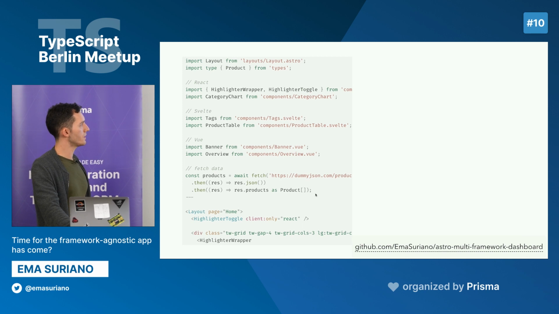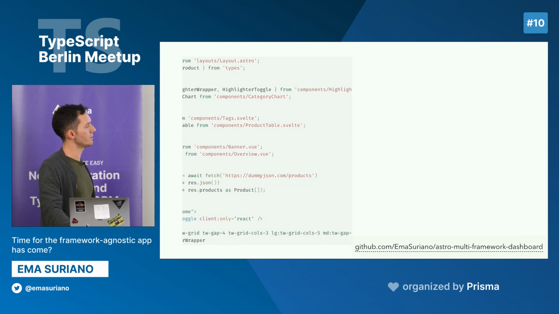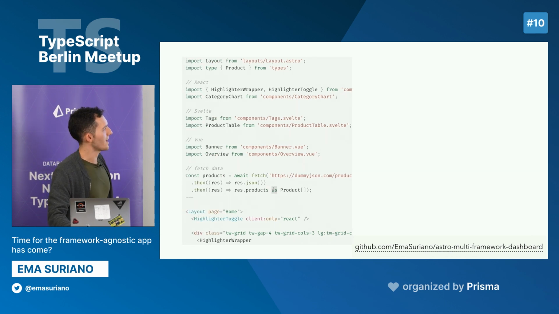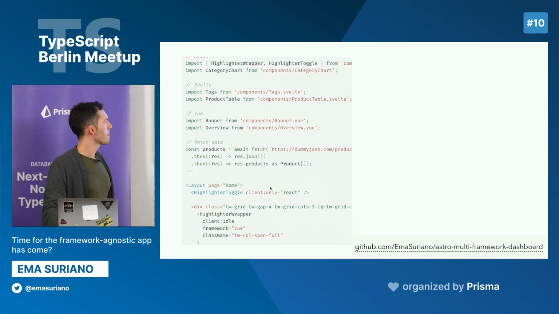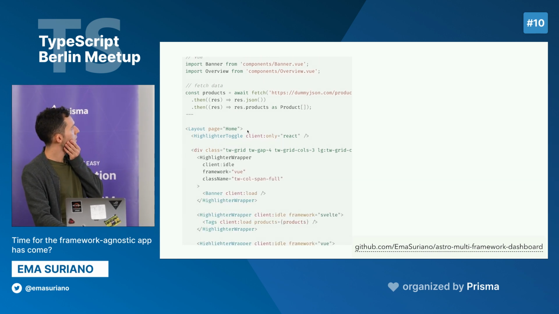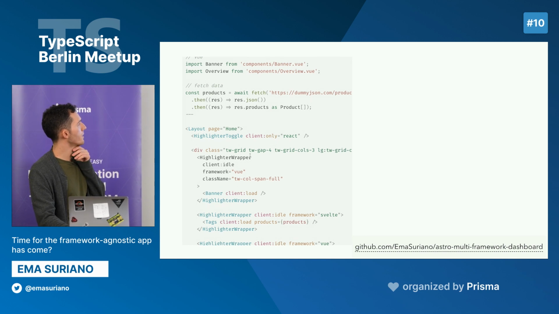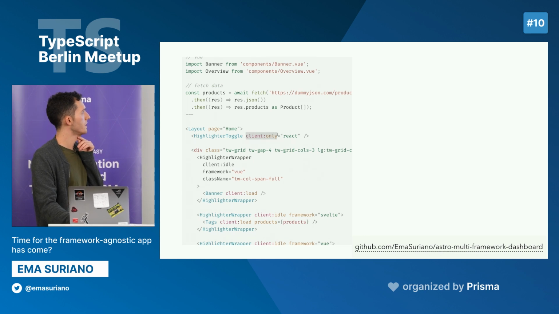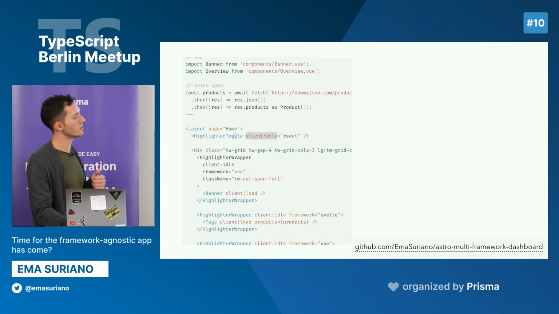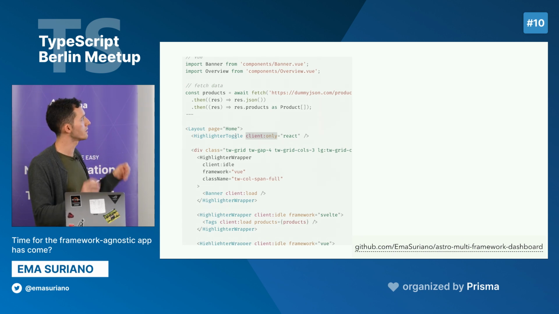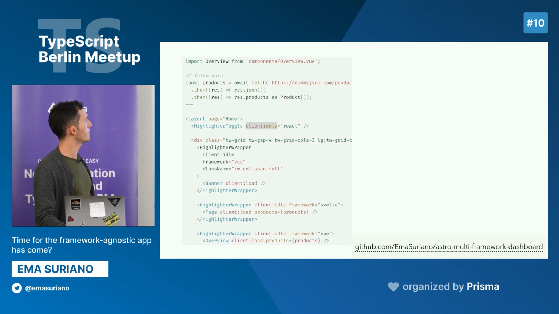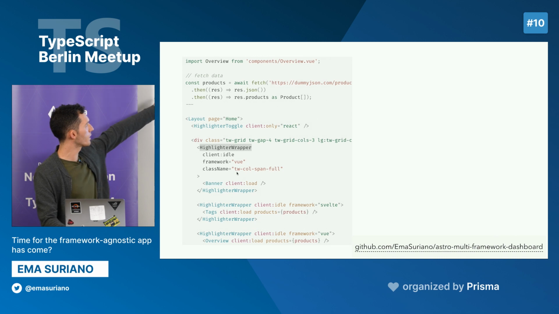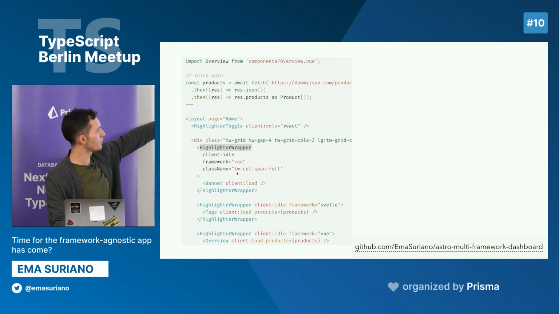Here we have our fetching of the data. I selected from dummyjson.com/products and then parsed the products. It's very opinionated, but it was the easiest way to do it. And then this is the juicy part. For all the different components where we want interactions to happen, we need to specify the client directives. In this case, the highlighter toggle was this icon that when you click, it pops everything. Then we have the highlighter wrapper. In my opinion, that part was pretty cool because it shows that we can compose: this component is React, this component is Vue.